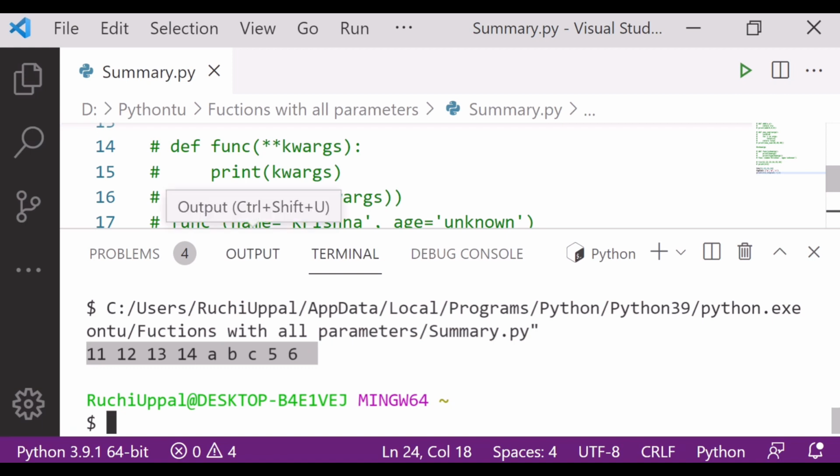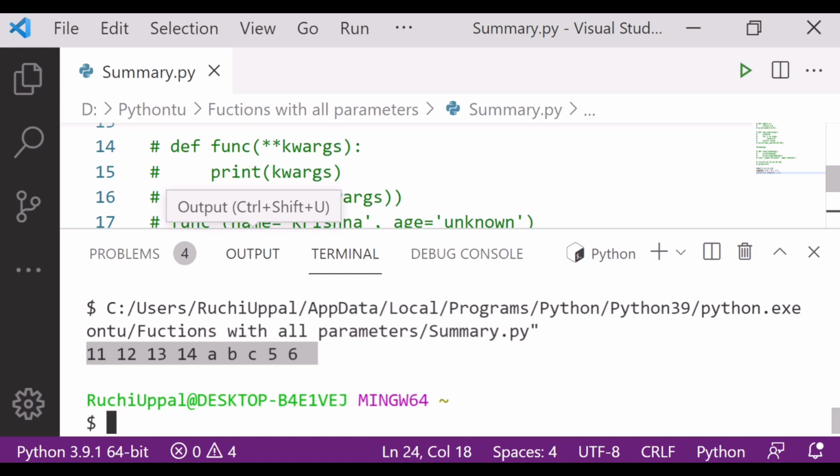So we can do the packing and unpacking with the keyword arguments as well. I think it is clear to you what we have learnt over here. We have learnt that there are two types of arguments in a function: one is positional argument and another one is keyword argument.